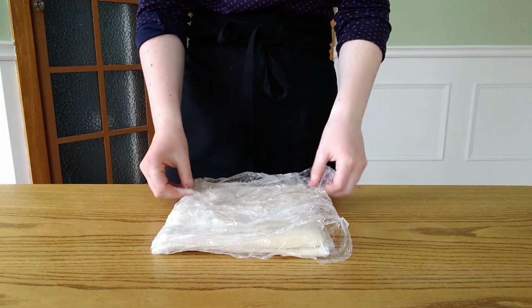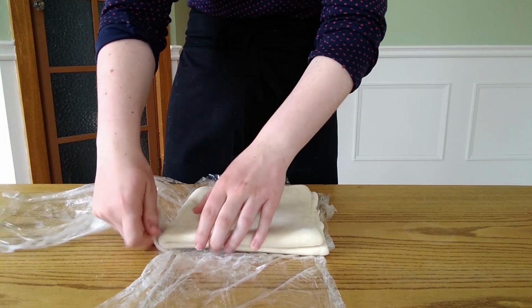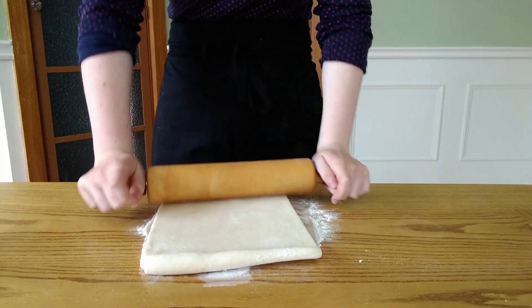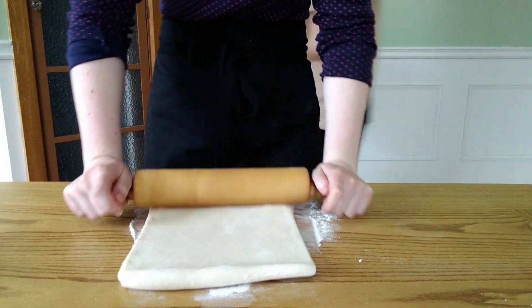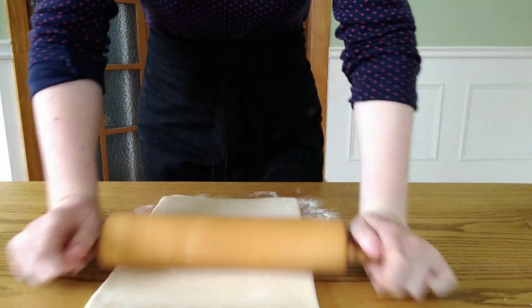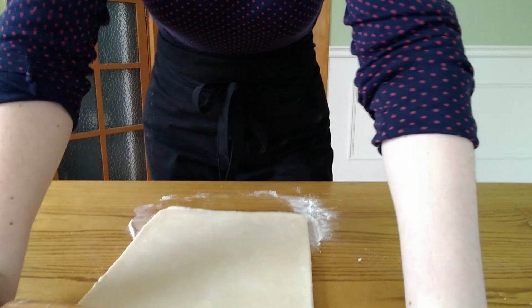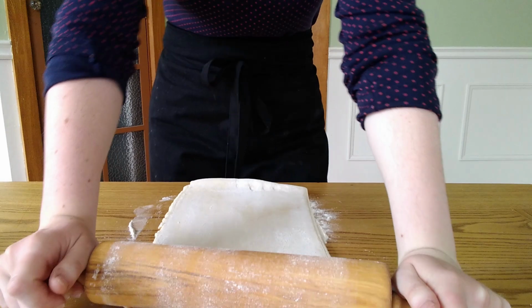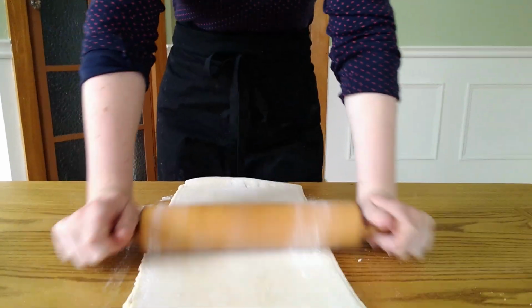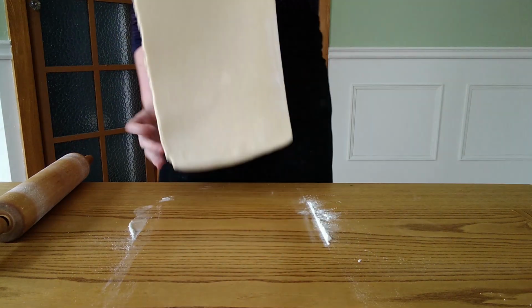So once your dough is all folded and all nice and chilled, we can roll it out for the last time into a large square about 1/4 inch thick. Now this recipe should make 16 turnovers for you, and we are going to divide this out into a 16 inch by 16 inch grid made up of 4 inch turnovers. So you want your dough to be about a 16 inch square. It can be a little larger, but try not to get it a little smaller